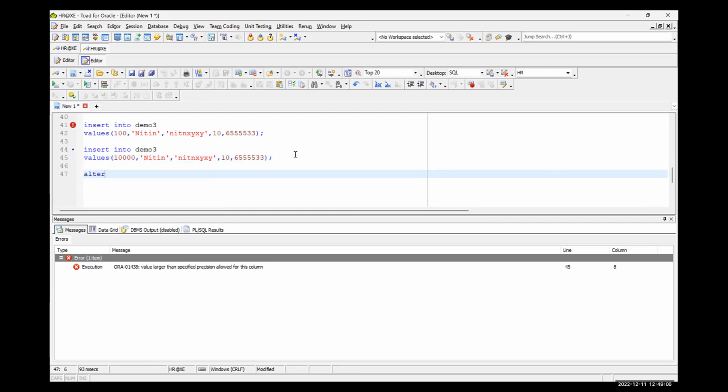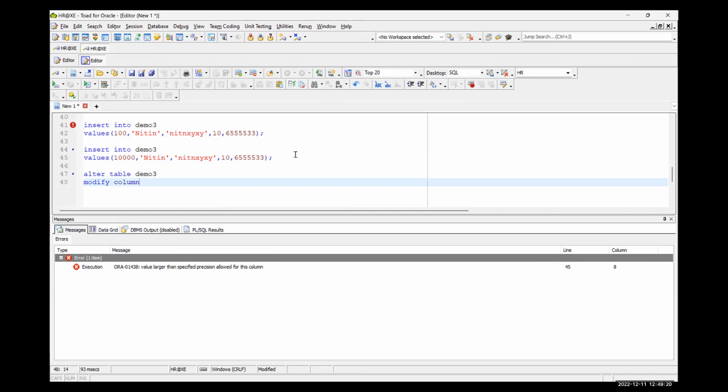Alter table demo3 modify. So here the modify command comes, to modify column emp id number, and I will give the size 5. Let me execute.